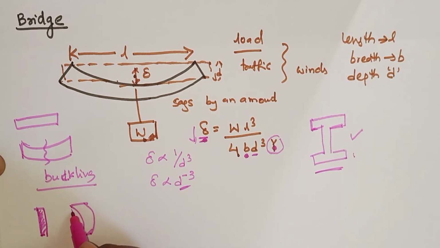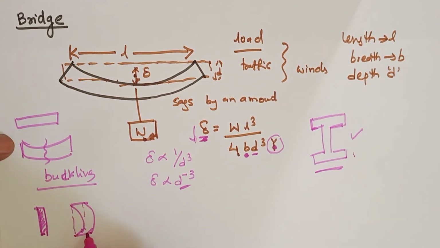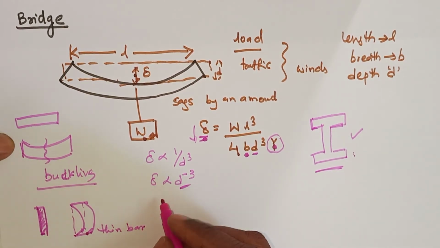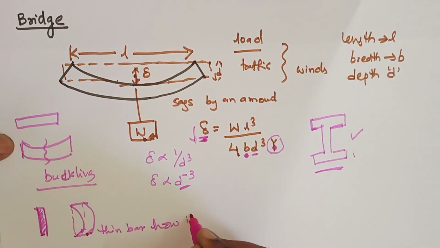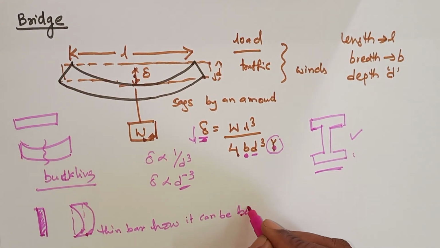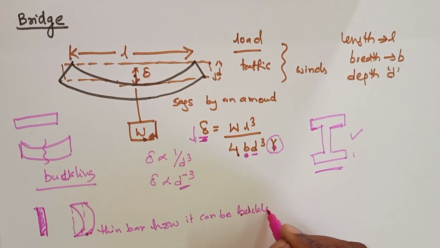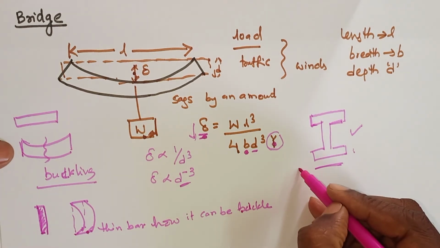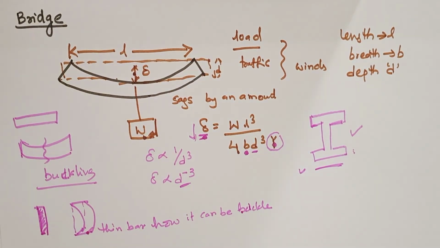This is a bent form. Actually this is the one bent form. This is a thin bar, and we observe how it can be buckled. Right, and the other one is a simple column. Here we observe the two types of pillars or columns. Pillars are very common in construction of buildings.